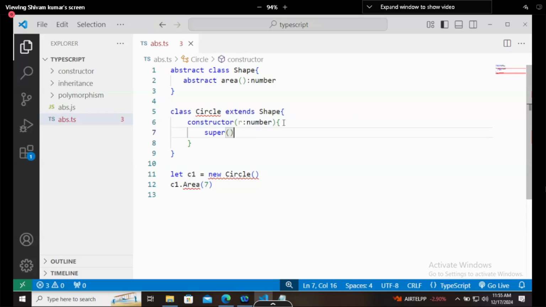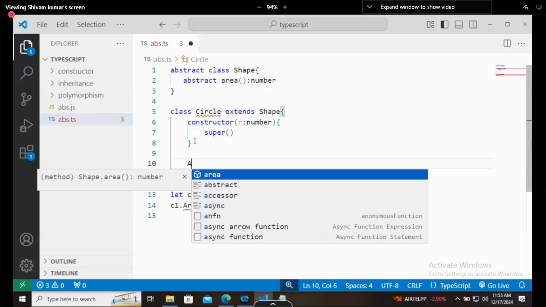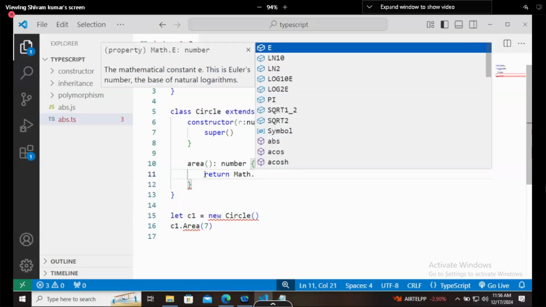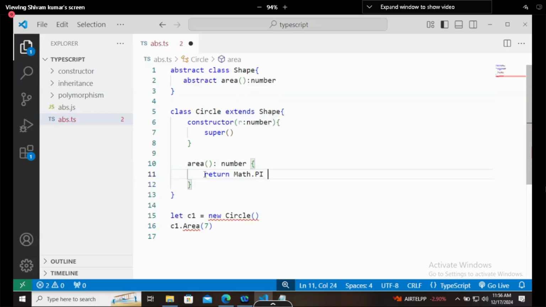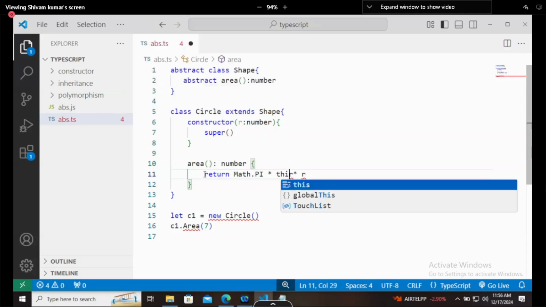After the constructor is completed, when you are trying to call the area, technically area is a number, so it should return something.